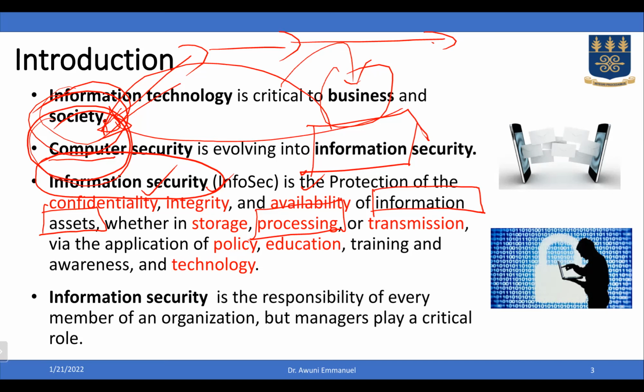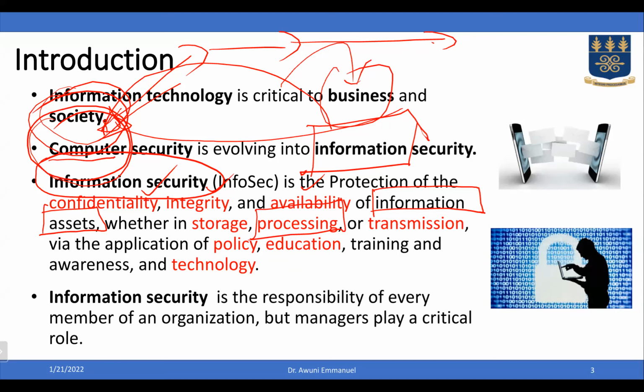All right. So all I'm saying here is that information security has evolved from computer security. In those times, it was computer security. The main focus was the computer. The computer was very expensive and it was more valuable than even the information on it. It has evolved. Now, information on the computer is even more valuable than the computer. Nowadays, let's assume that you even lose your mobile phone. Your worry is the data that is on the mobile phone. You don't actually worry about the mobile phone itself. Your worry is about the data. So data is like crude oil now, very expensive. And when it is compromised, it can easily cripple an organization.